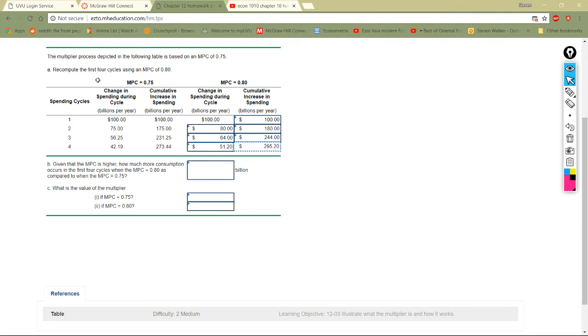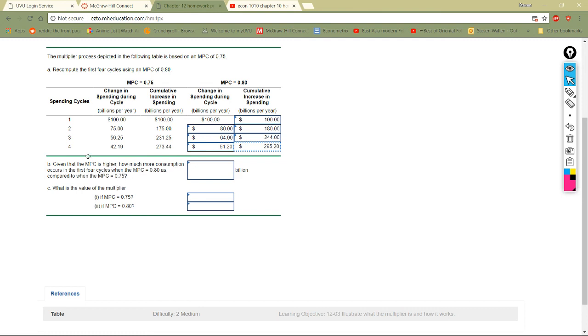They literally did it for you over here with 0.75. Here's changing it to 0.80. And one thing to notice with 0.80, are we spending more with MPC? Therefore, we're getting bigger numbers over here, right? We're getting bigger numbers over here cumulatively. Okay, and it's kicking around a bit more in the system. Given that the MPC is higher, how much more consumption occurs in the first 4 cycles when MPC is 0.8